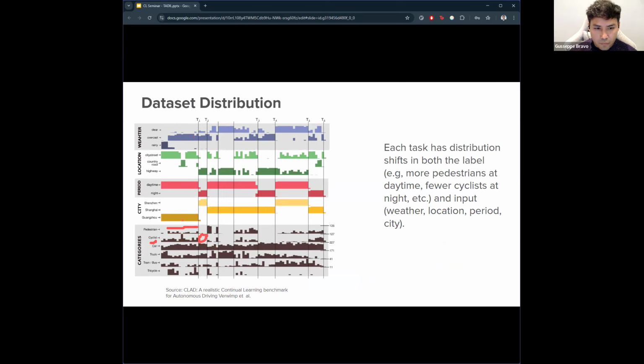And this happens with different modalities, in different cities, in the period, or in the location and weather and so on. So there are several drifts. We have drifts in both labels and also in the input. I was mentioning, for instance, here, task 1 and task 2.